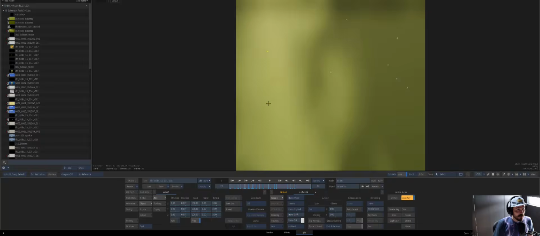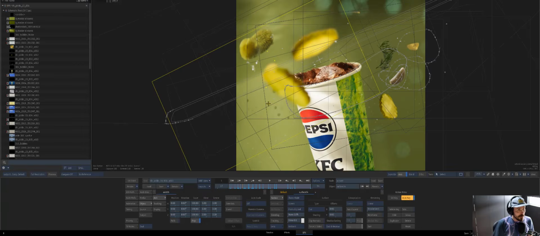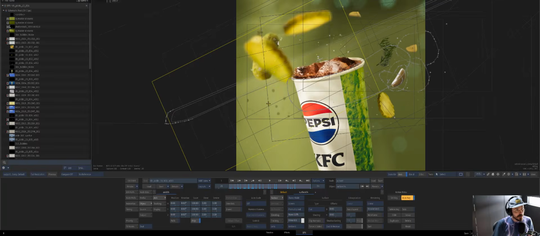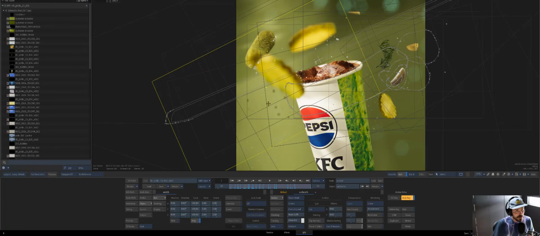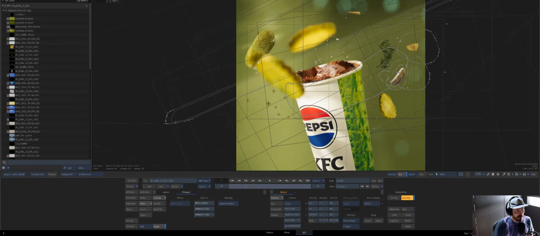We look through and you can see some of the elements, and we'll scrub through. You can see we had some pickles floating, some slices of pickles floating, some dill floating. The Pepsi had an element on top that was just added. If we look at it,